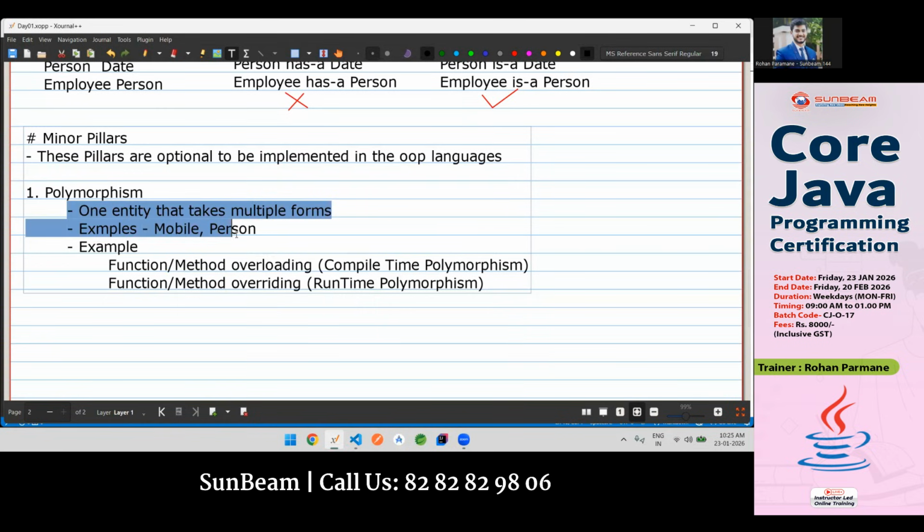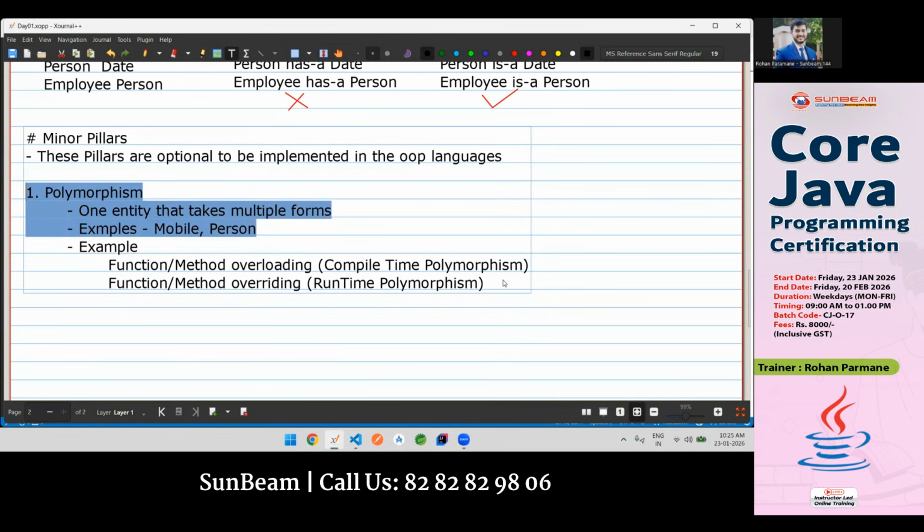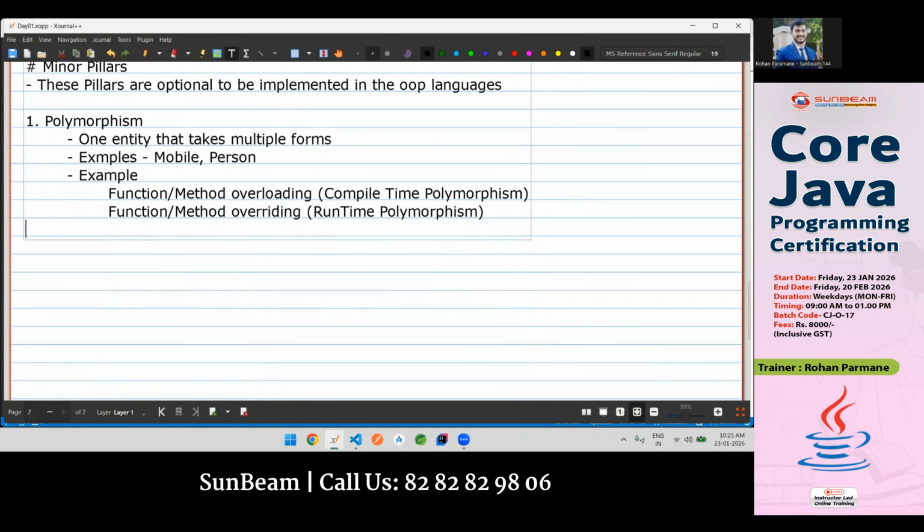Let me know, is polymorphism clear to you? If you are not aware about these technical examples, leave it. Up to here, is polymorphism clear to you? Very good. Very good. Next,